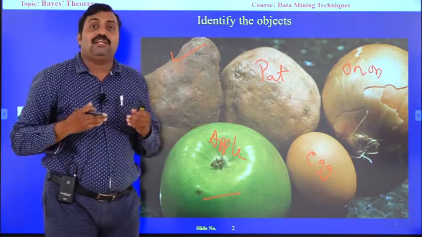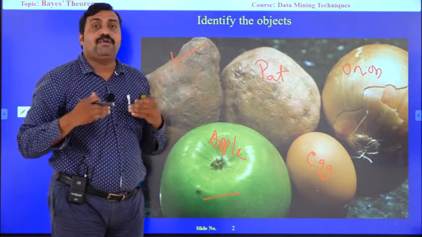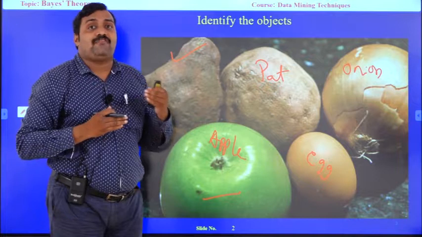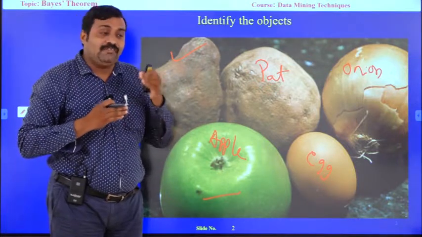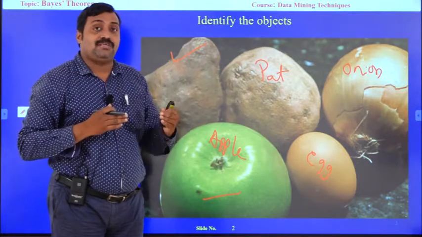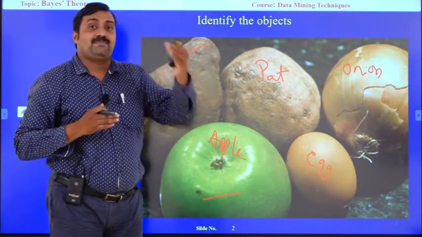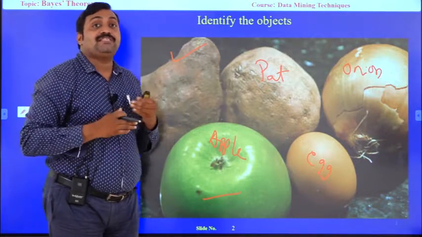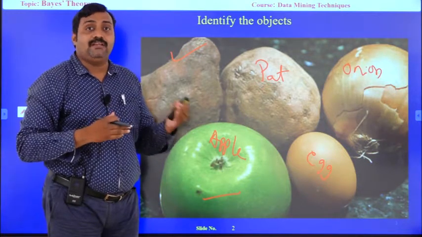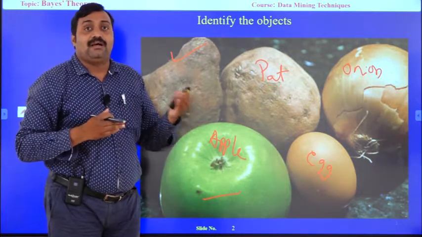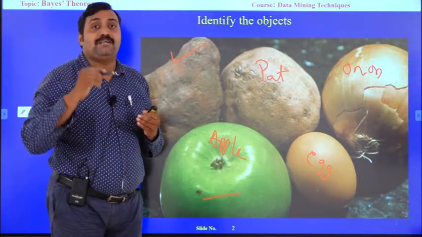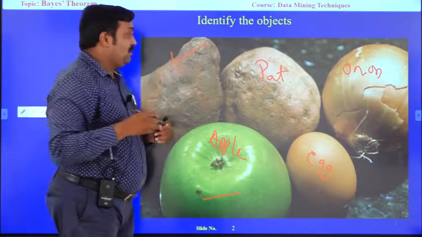But in real-time scenarios, we have a lot of information, and we need to classify properly within a short span of time. In a short span of time, we have to identify the object and tell what class it is, whether this object belongs to class A, class B or class C. That means we need to design an algorithm or a model that, when any new object enters the record or database, can classify whether it belongs to class A, class B, and so on.